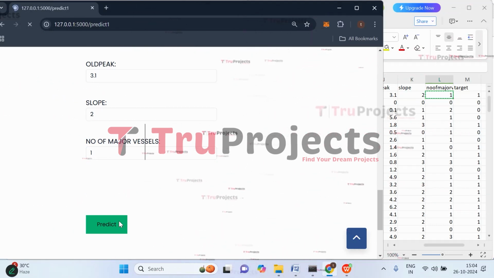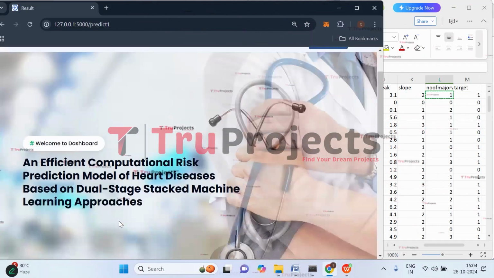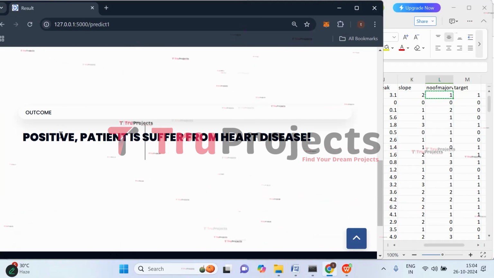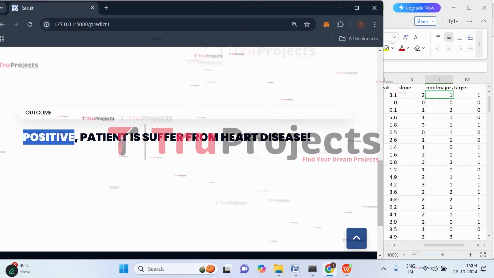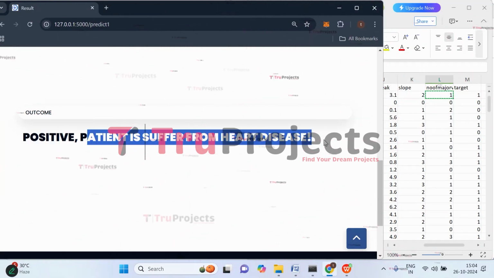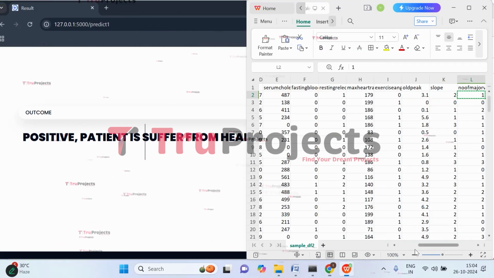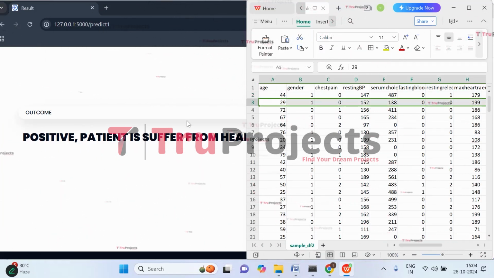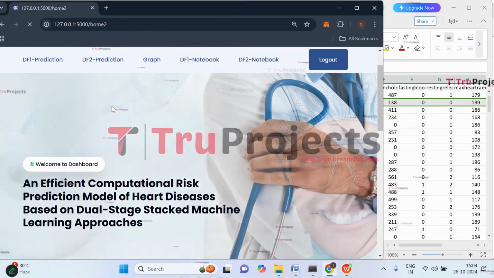So this input will be pre-processed at the backend and fit with the trained model, and then we will be getting the prediction. So here we got the prediction as positive, which means the patient is suffering from heart disease. Now let's try one more test case, that is the second test case. Click on DF2 prediction,